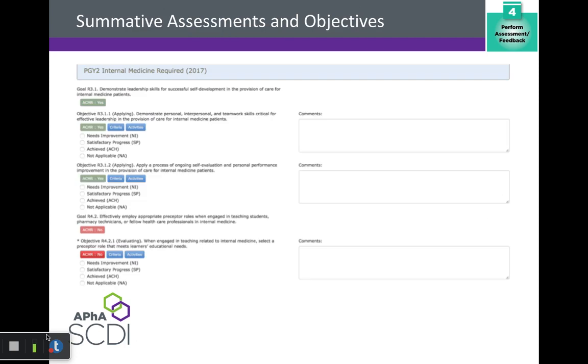So what does it look like when you fill out these summative assessments? Well, this will actually take place in a software system called Pharm Academic. And this is an example of a screenshot. So you'll see there that the goal is listed and then the objective. And the preceptor is going to assess the objective based on that scale there, either needs improvement, satisfactory progress, achieved,